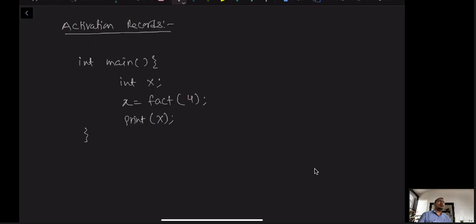Now don't tell me there are some syntax errors. I am not considering any errors because I am writing pseudocode here. Now in the factorial function, what we have is integer fact, integer n.